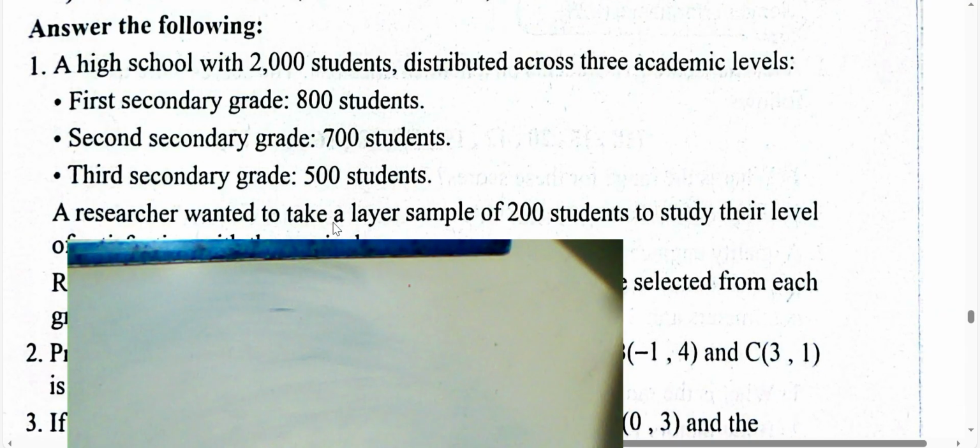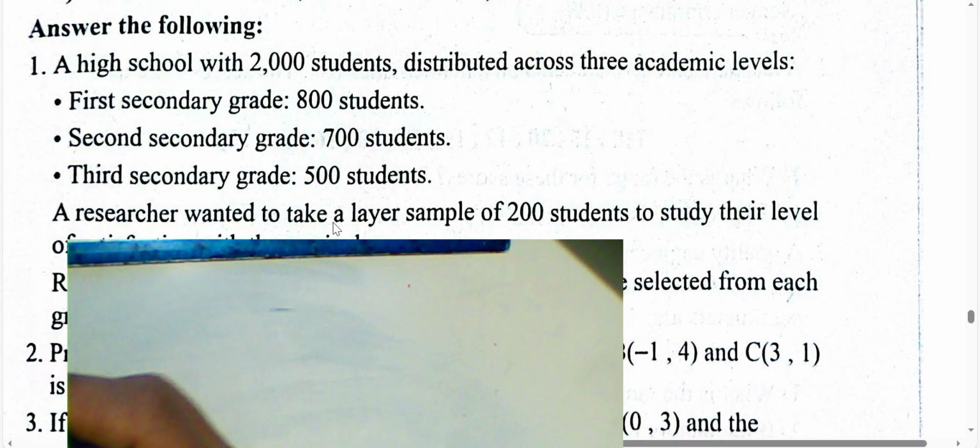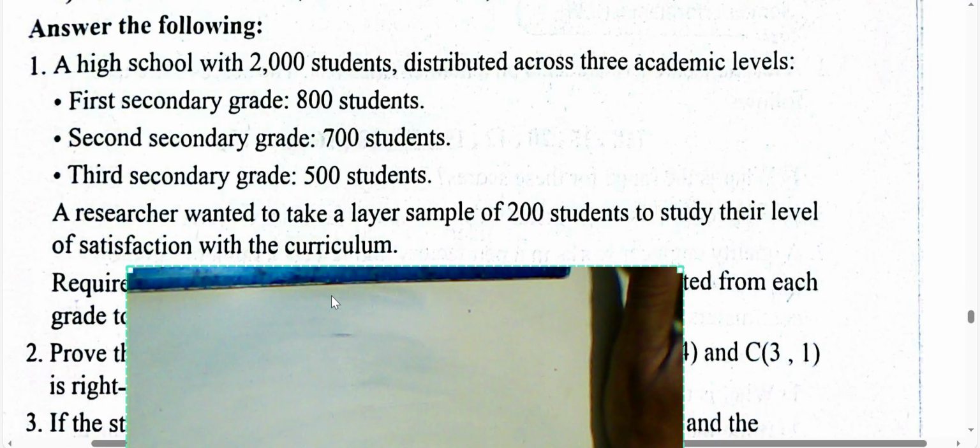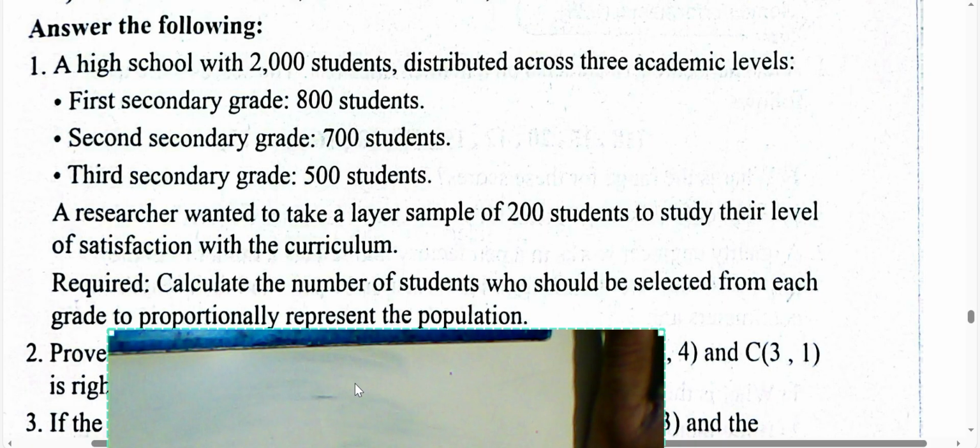Number 1. A high school with 2,000 students is distributed across 3 academic levels. First secondary has 800 students, second secondary 700 students, third secondary 500 students. The researcher wants to take a sample of 200 students to study their level of certification. We are required to calculate the number of students who should be selected from each grade